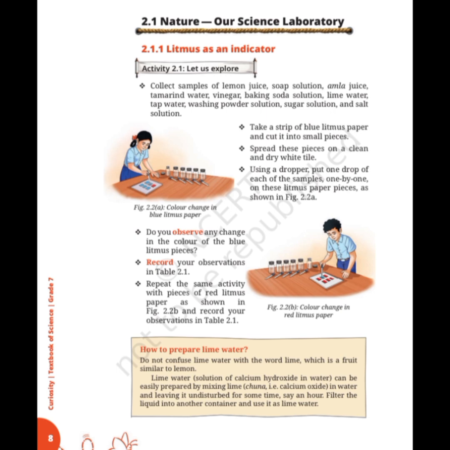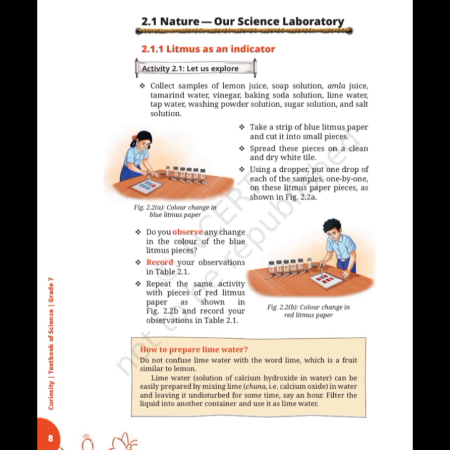Activity 2.1, let us explore. Collect samples of lemon juice, soap solution, amla juice, tamarind water, vinegar, baking soda solution, tap water, washing powder solution, sugar solution, and salt solution. Take a strip of blue litmus paper and cut it into small pieces. Spread these pieces on a clean and dry white tile. Using a dropper, put one drop of each sample, one by one, on the blue litmus paper pieces, as shown